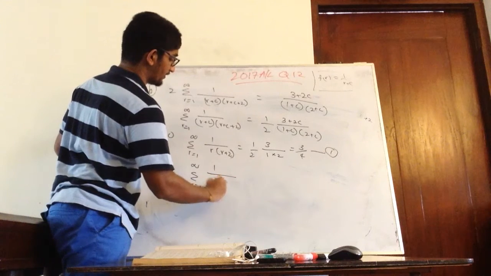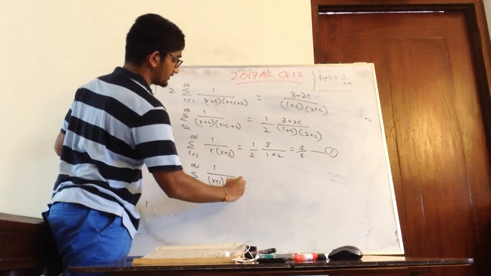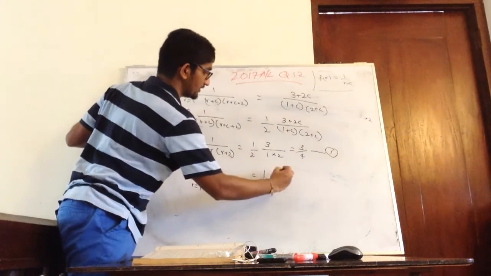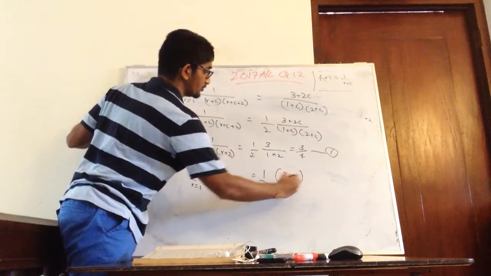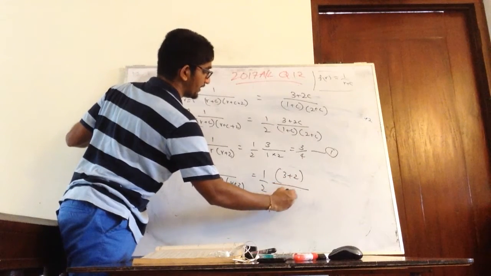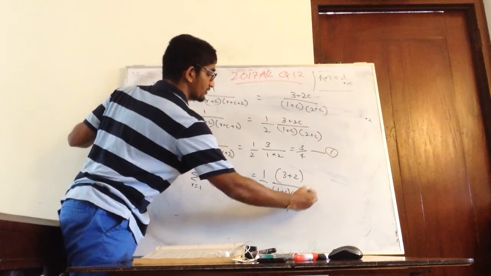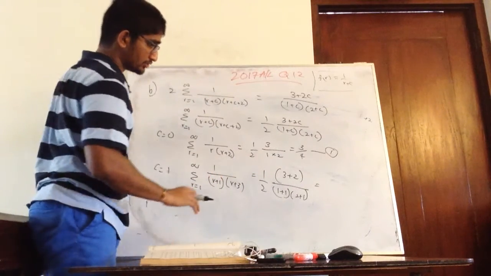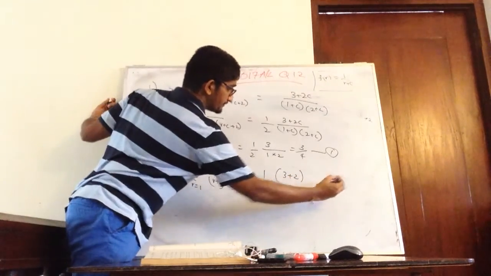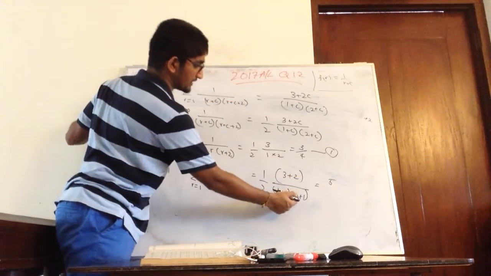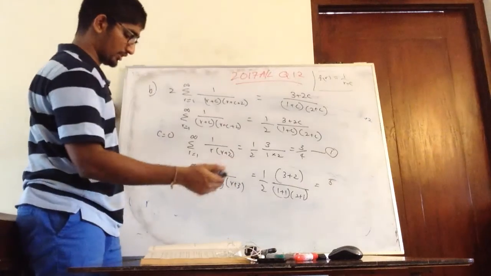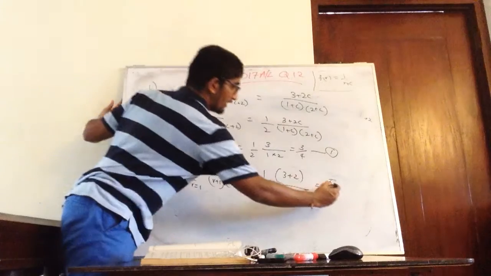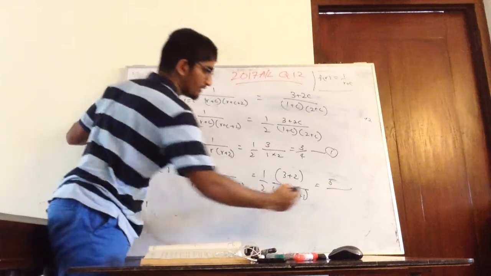So r plus 1, r plus 3. Right? So 1 plus 2 is 3, then I will get half 3 plus 2, 1 plus 1, 2 plus 1, so that is what? So 5, this is 5, this is 2, 2 times 3 is 6, 6 times 2 is 12, no? So that is 12, so I am going to write that as what? 4 times 3.